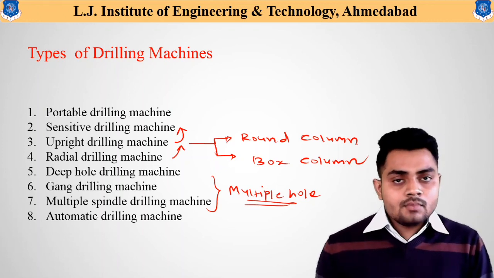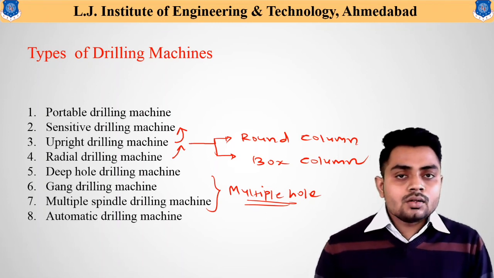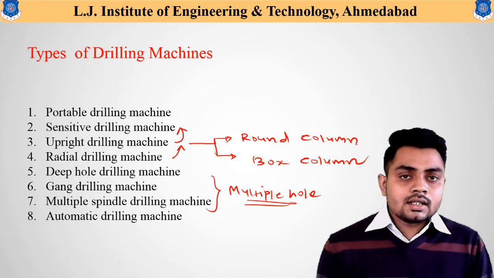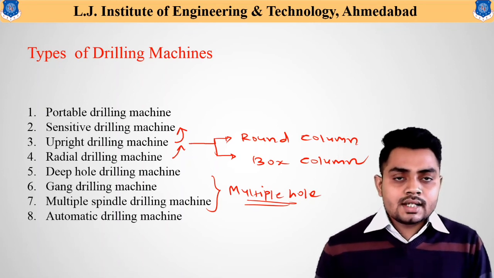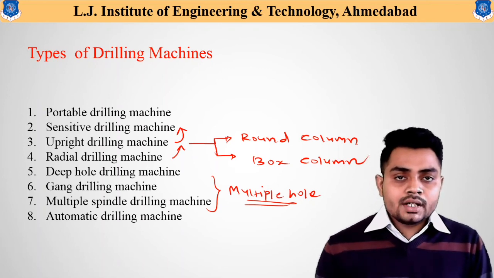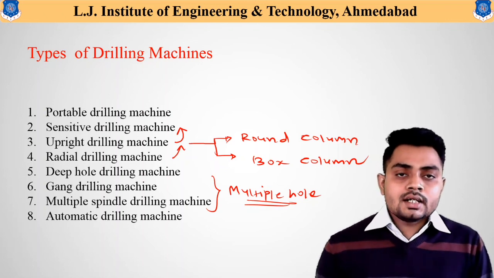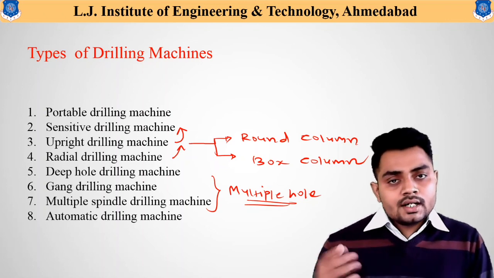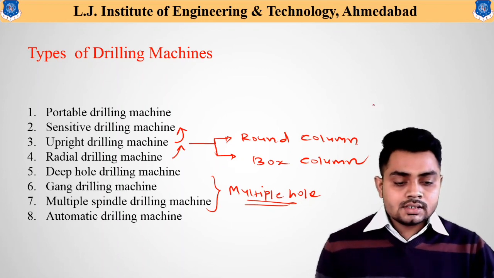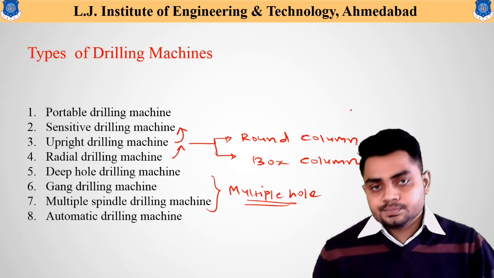Now the next one, that is the automatic drilling machine. From the name we can understand that in this drilling machine, by providing certain codes or certain design criteria, one can automatically generate holes at specific locations as per the design given. These particular drilling machines are operated by CNC codes, and the arrangement for the same one can understand easily. So there are different varieties of drilling machines available, and all these drilling machines we will discuss step by step in detail in our next lecture.